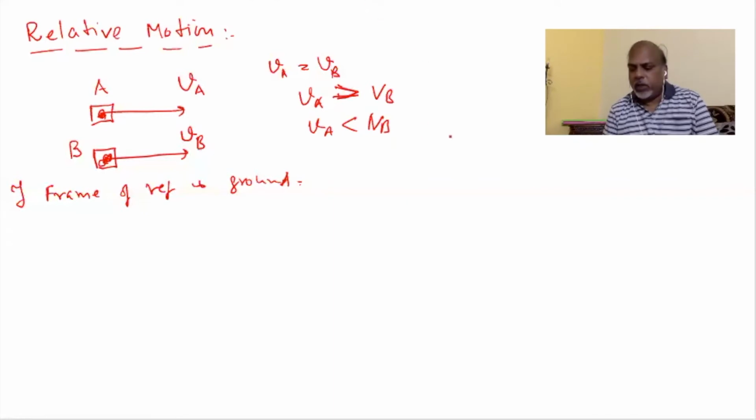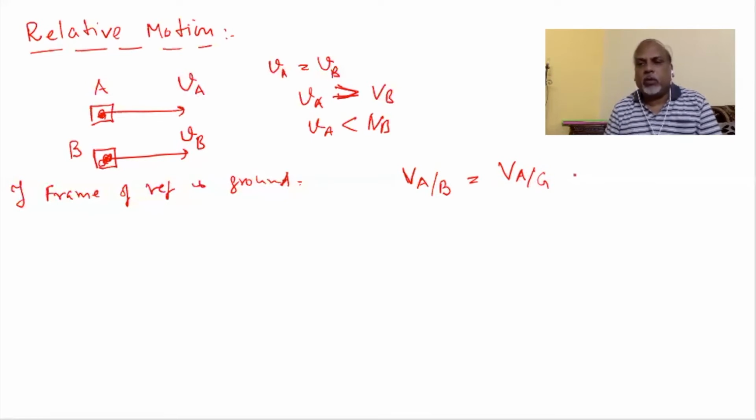The best formula basically to find the relative motion, if you want to find out the velocity of car A with respect to B, then it is nothing but V A upon G, means velocity of the car A with respect to ground plus velocity of the ground with respect to car B. Because here the philosophy is this: ground is in the denominator, here in the numerator, ground cuts, so that's why it is plus.